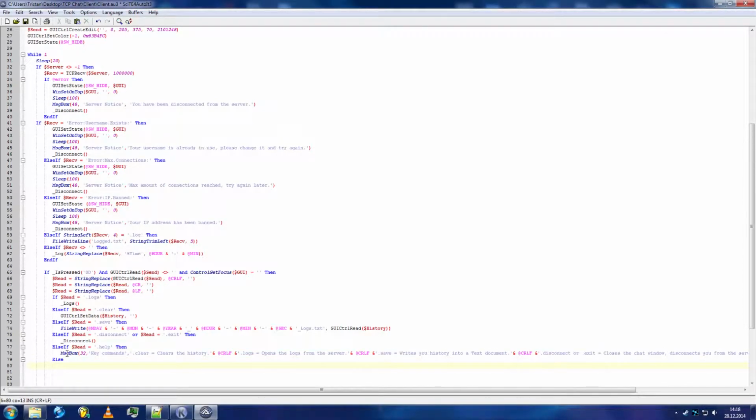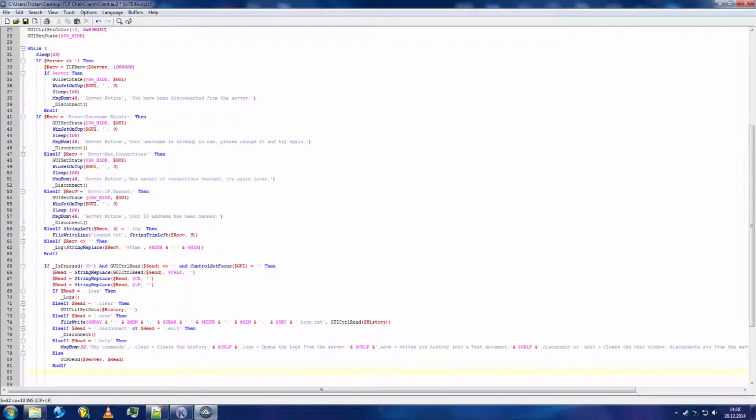And else, if none of that is said, then TCP send server and read. And if GUI CTRL set data